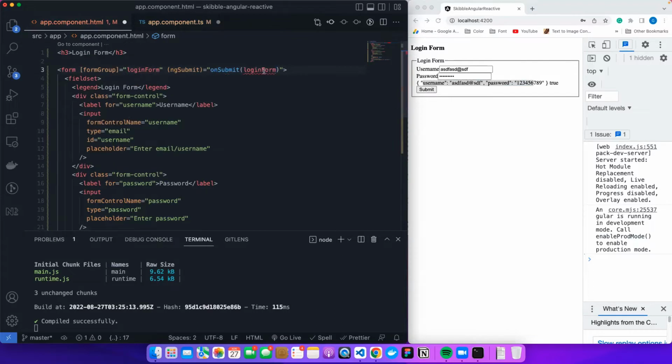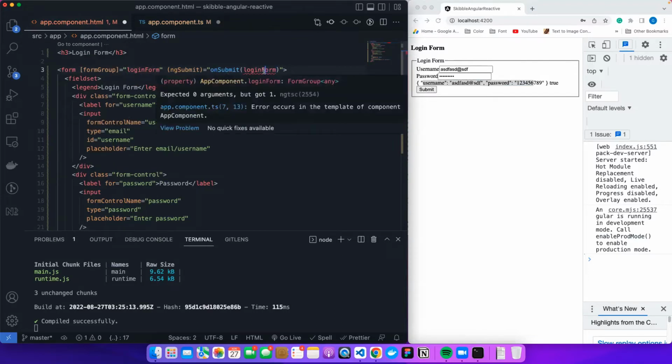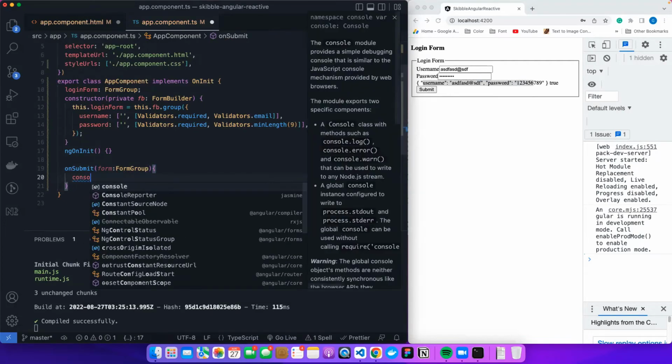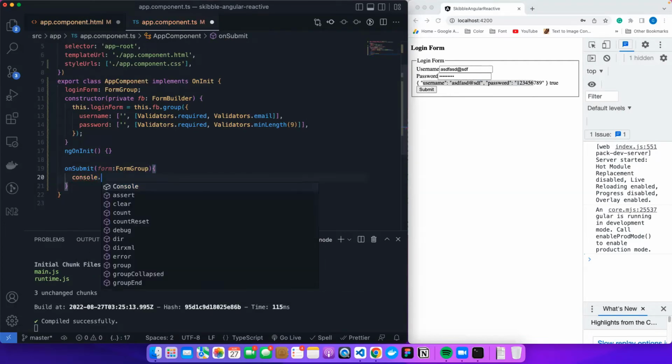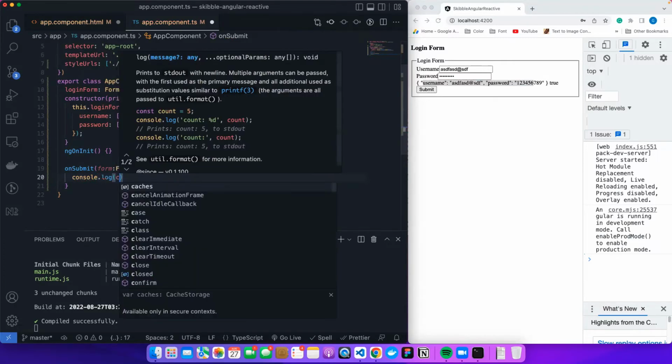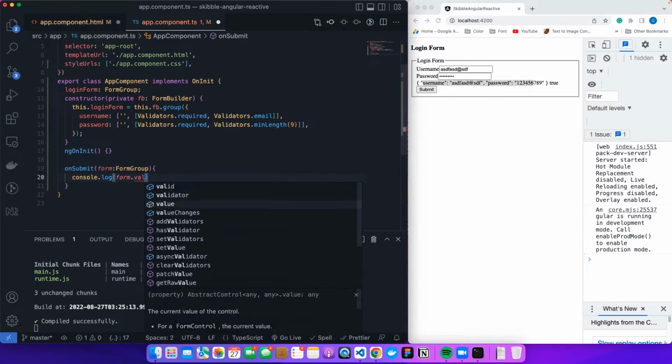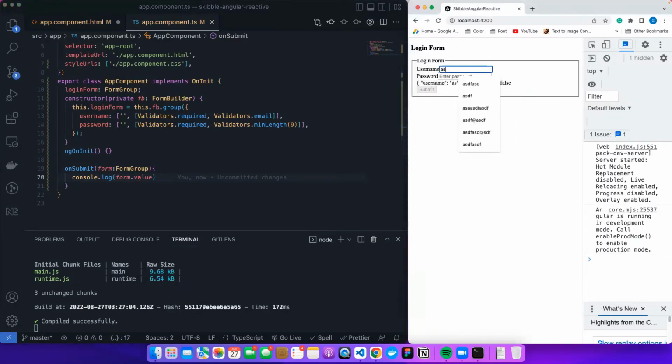You can send the login form, and you come here and expect a form, and this can be a FormGroup, and you can go inside and say console.log form.value. If you save it, and if I meet all the validations and submit,